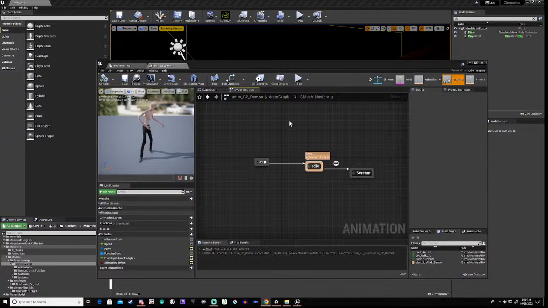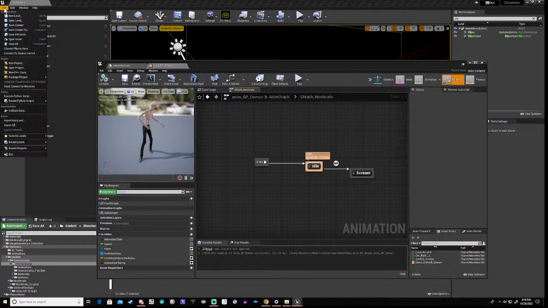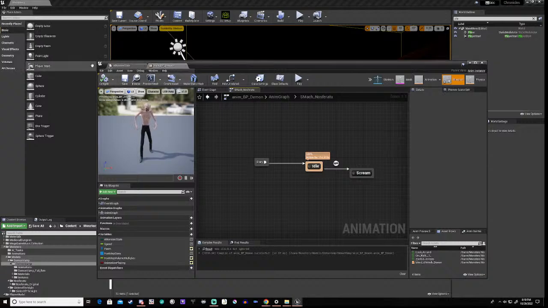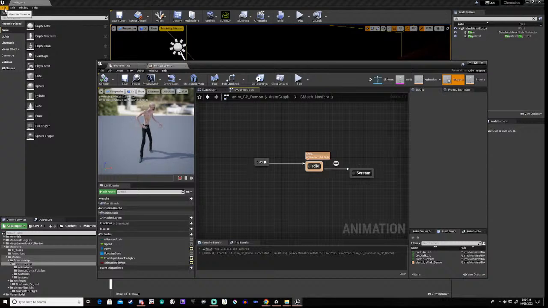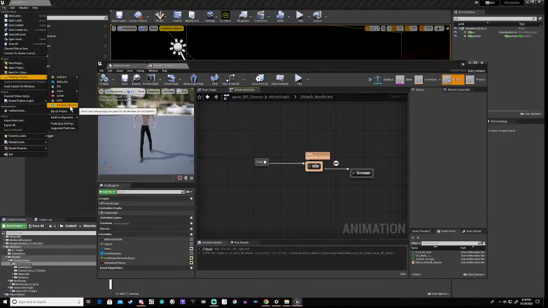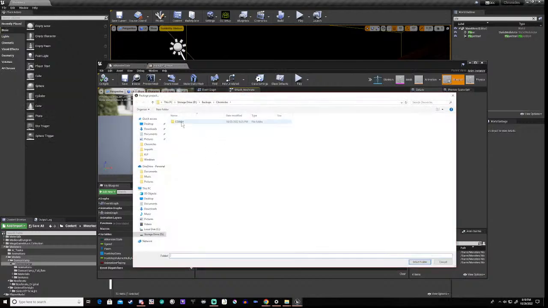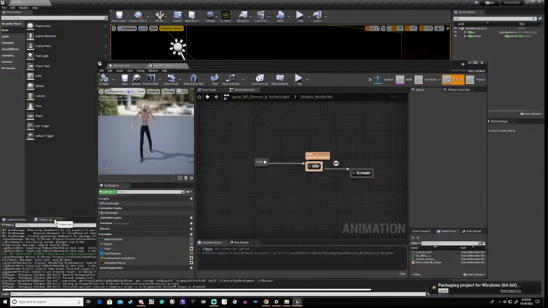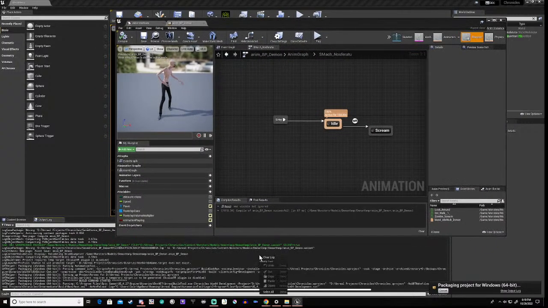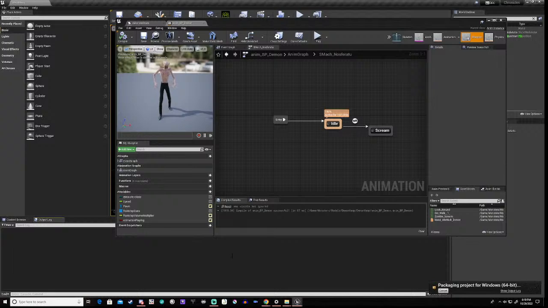Right? So what I would suggest you do, and not having seen it, in my case what I'll do is I'll save all, right, then I would go to package the project, right, and I would go for wherever you're going to package it to, then make sure that you get the output log, you right click, clear it, and then the things that are stopping it are only the red things,